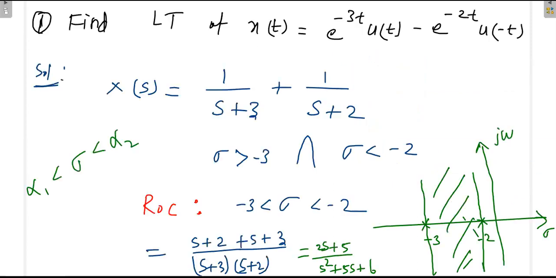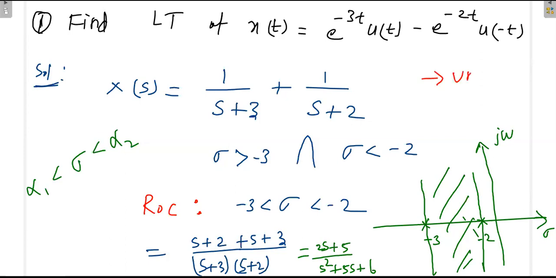Then what about the nature of the system? Whether the given system is stable or not. From the time domain, we will try to identify whether the given system is stable or not. When you substitute t equal to infinity, this will become 0. But when you substitute t equal to minus infinity, because we are at negative time, it will become like e power infinity. So that system becomes unstable. So this system is unstable.